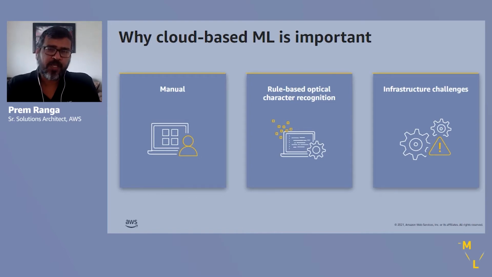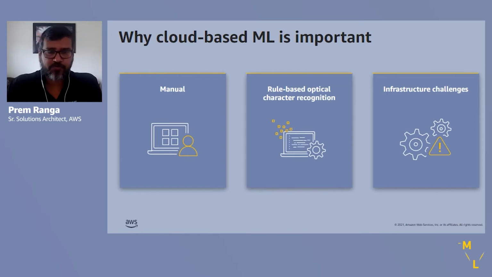So in the case of using machine learning for solving for the document management workflow, you don't have to worry about templates or business rules, because machine learning has got ready-made intelligence and it can automatically read textual content from your documents. And in the case of infrastructure, cloud is important because cloud offers elasticity. You can scale up or scale down your infrastructure based on your demand. And so that solves for the challenges that you'll have with the traditional infrastructure.